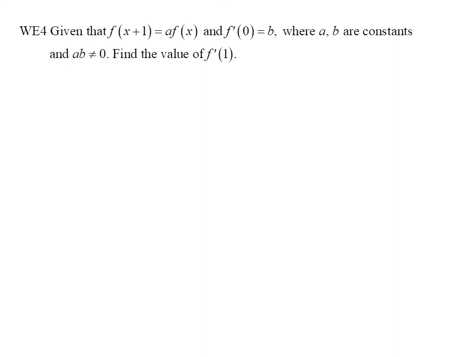The criteria in example 4 are that f of x plus 1 equals a f of x. The derivative of f of x at the point x equals 0 equals b, where both a and b are non-zero constants. The question is to evaluate the derivative of f of x at the point x equals 1. According to the first principle, the derivative of f of x at the point x equals 0 equals the limit of f of x minus f of 0 all over x minus 0 as x approaches 0,